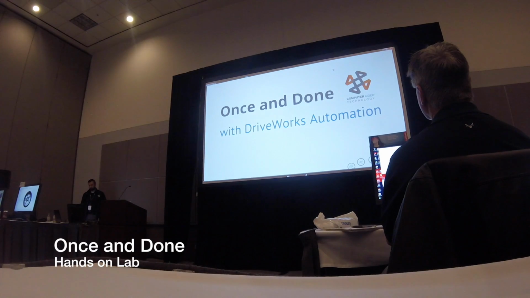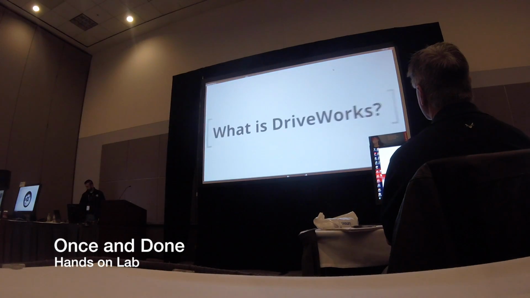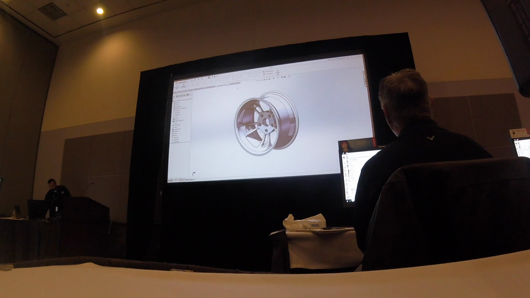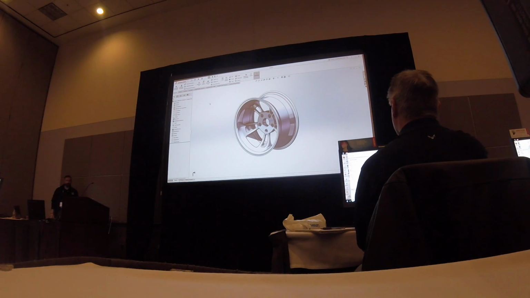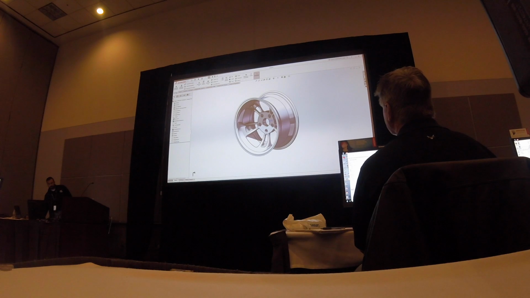So kind of just to get us started, we're going to talk about what exactly is DriveWorks inside SolidWorks, which is exactly what I want. And I want to go in and start capturing some information. Now, another little tip here is I do want to turn off, under my Features tab, this Instant 3D. What I can do next is I can start pulling in features and dimensions from this part. And the easiest way to do that...